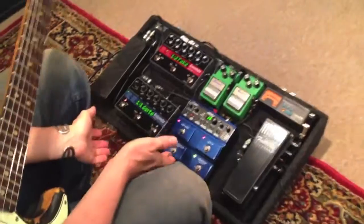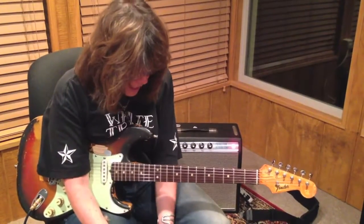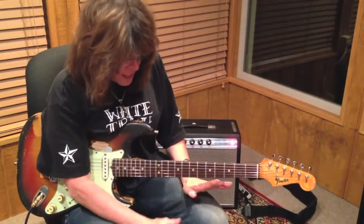Okay, so hopefully that gives you a little bit of insight to some ways that a looper can be used. Great, great, great tool. So this is a wonderful thing to use as a click, to keep yourself honest, and to be able just to use as a writing tool. I love having this in the pedal board,